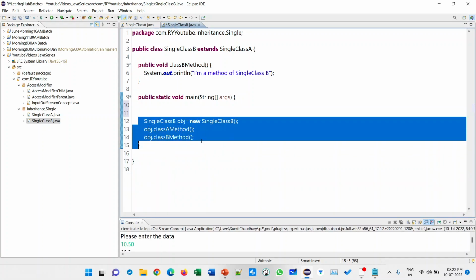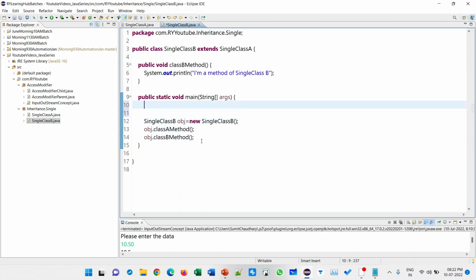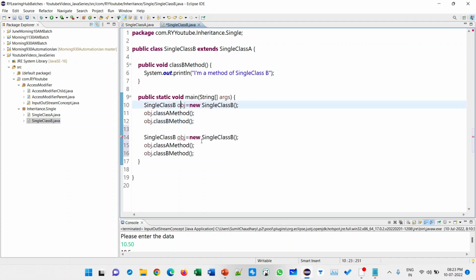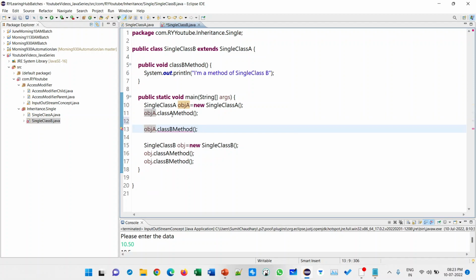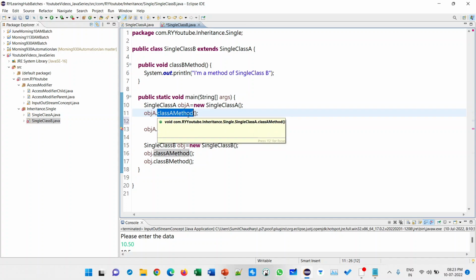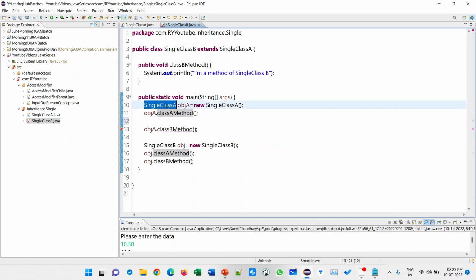For time saving, again I am copy pasting this: class A, object A. Now you can see I can access this method easily, because this is the property of the A class.